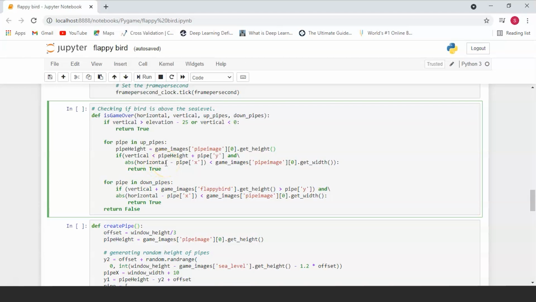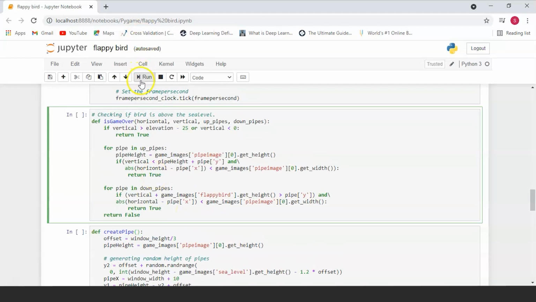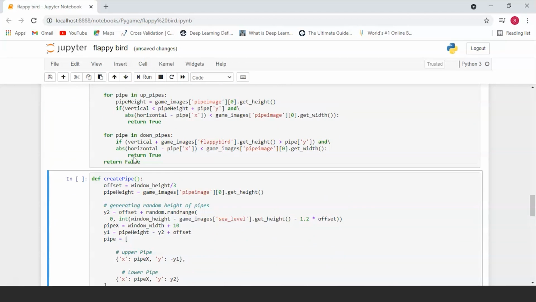So that's what we're basically checking here. We're checking to see if the bird has hit the pipe horizontally or vertically. Then you will return true. And the same thing will happen for the down pipes. You will check if the bird has hit the pipe horizontally or vertically at any point. So let's run this game over function.